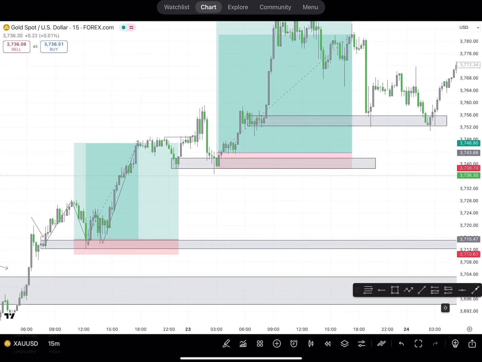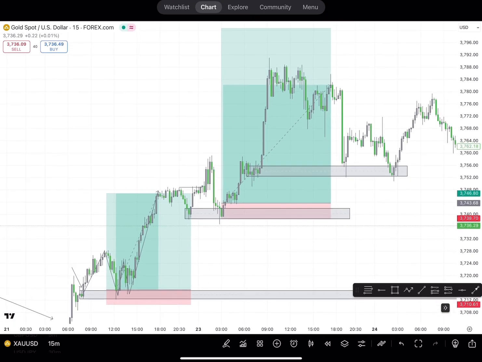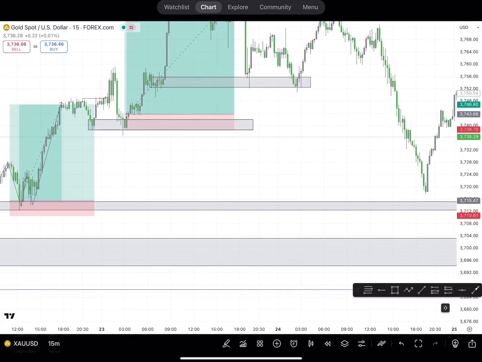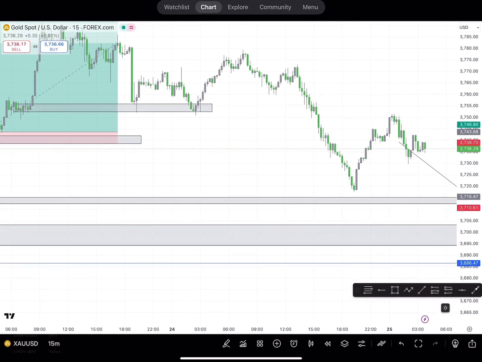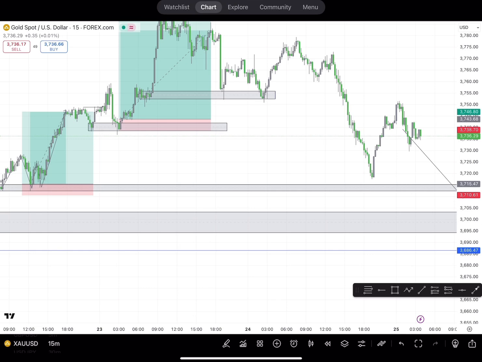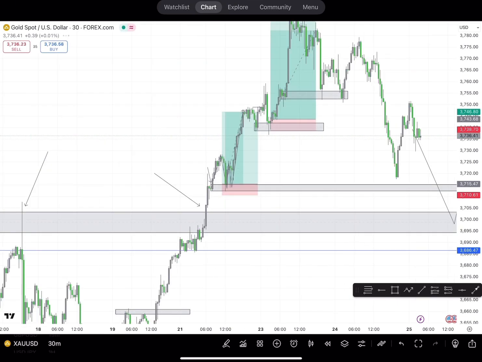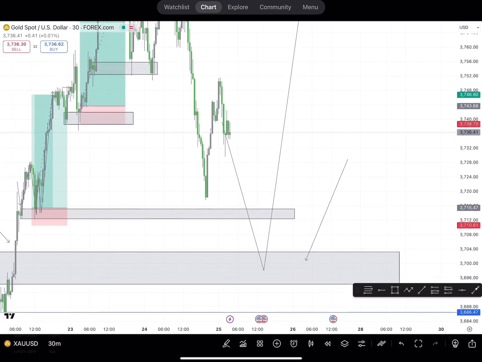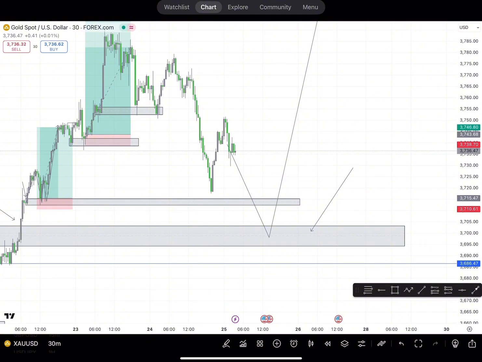So now you can see here that it's the same thing that happened. As we are looking at price here now, let me switch to the other time frame so you can see properly. As we are looking at price now, if price fails to reach this zone,